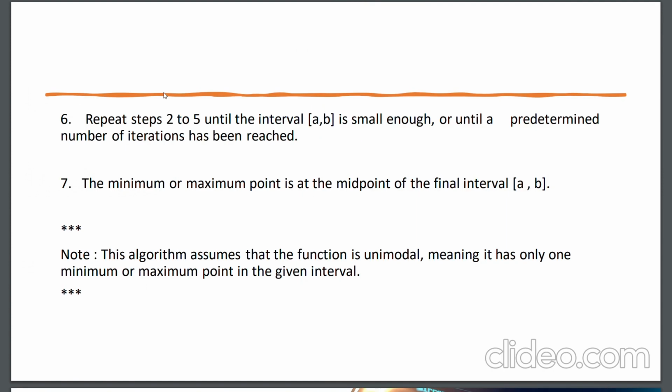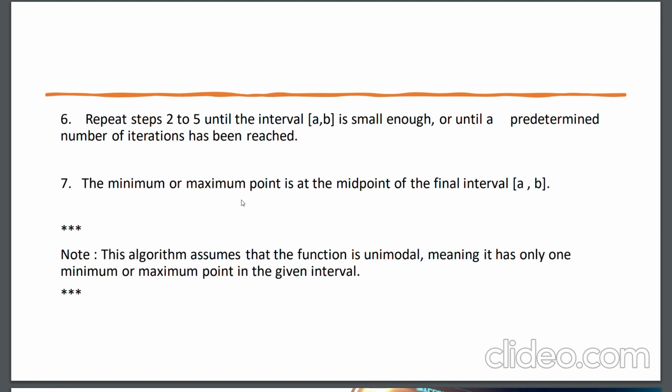As we discussed earlier, we'll be repeating steps 2 to 5. In a general practical case we'll be stopping there, but when it comes to implementation, it may go up to 30 iterations, 40 iterations, depending upon our tolerance value. If we have taken the tolerance value as 1e minus 7 or 2e minus 7, which means we'll be finding the values very precisely, as 1e minus 7 equals 10 power minus 7. So we'll be iterating